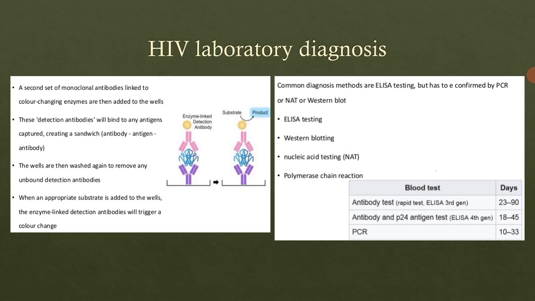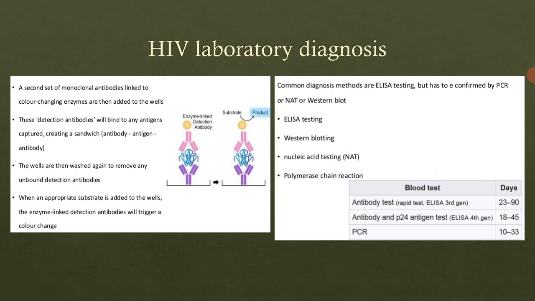The wells are then washed again to remove the unbound secondary antibodies. Now we will have the primary antigen-antibody complex along with the bound secondary antibodies, in which we have the enzyme, the color-changing enzyme. When an appropriate substrate is added to the well, the enzyme-linked detection antibodies will trigger the color change,